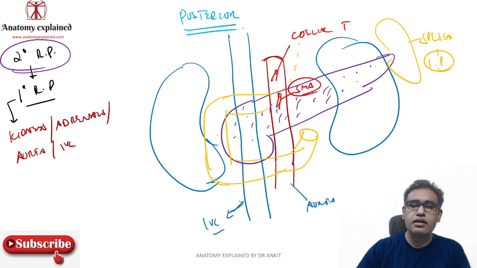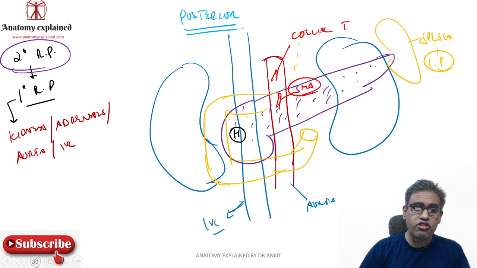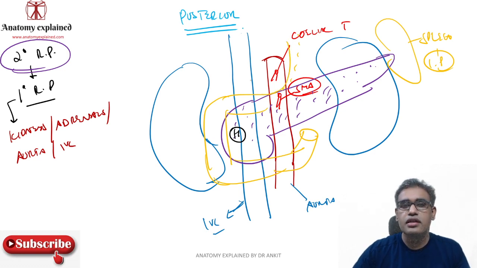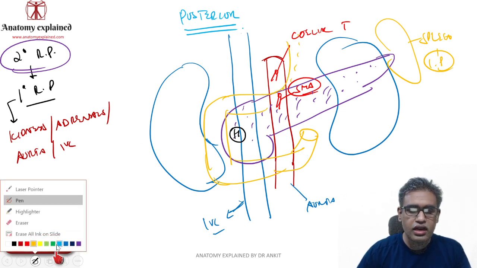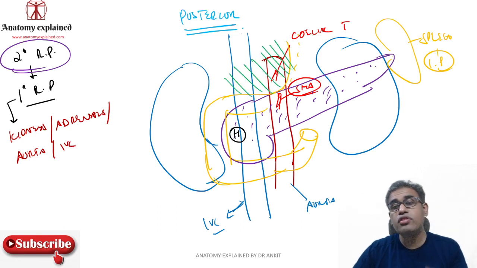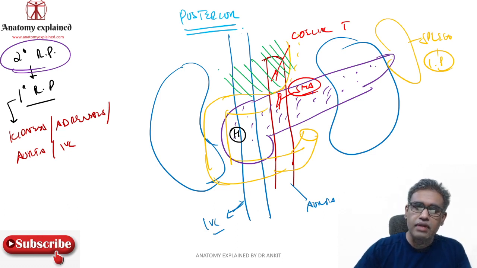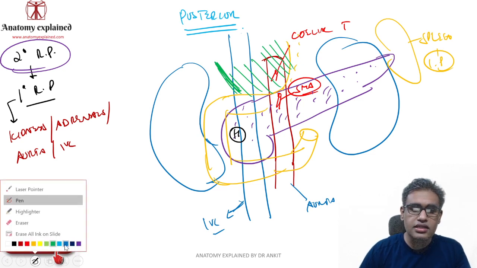If you start with the parts of the pancreas, you start with the head of the pancreas. Head of the pancreas over here. What is lying behind the head of the pancreas? Now behind the head of the pancreas, you have to imagine that this would be the lesser curvature, and this would be our lesser omentum. This would be the attachment of the lesser omentum, going from the lesser curvature and the duodenum to the liver, all intraperitoneal. So in the right free margin of the lesser omentum, you have the portal triad structures,